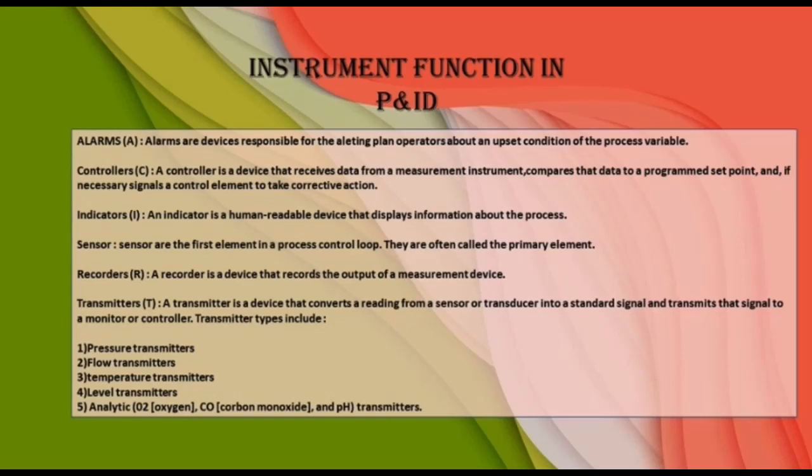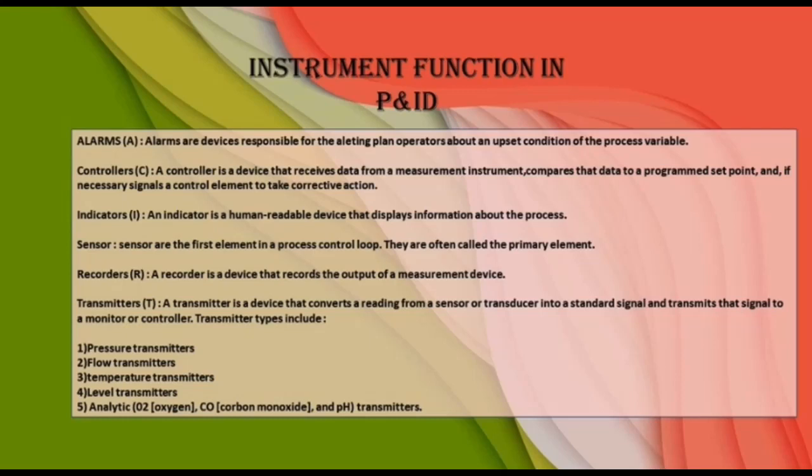Okay, I will continue to present my part, which is instrument function in P&ID. The sensor is the primary element of the process control loop. Next, recorder, a device that records the output measurement. Transmitter, a device that converts a reading from a sensor or transducer into a standard signal and transmits that signal to